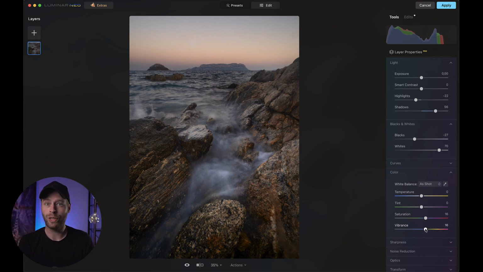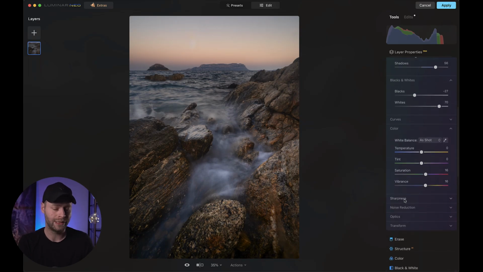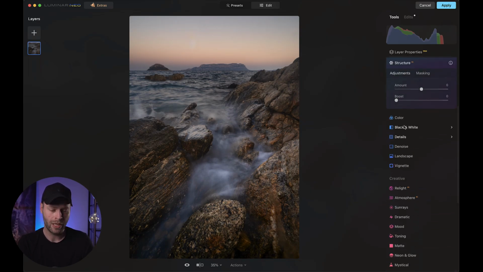Now this was just one single adjustment box, and look at that before and after. Oh my god. It's a great start, but we can definitely do more. So let's go down on our list here on the right hand side and head to structure, because I want to give it a little bit more structure. Not too much, but a little bit. So let's try to bring that up until we feel it's right. Maybe to something like this. Yeah, this doesn't look bad. It's just ever so slightly, but it does add some texture into the rocks and also these fantastic waves we have in the center. So I start to like the foreground, but the sky really is not very wow yet,